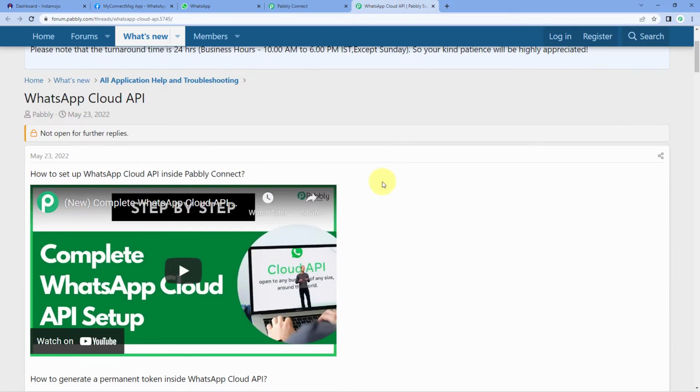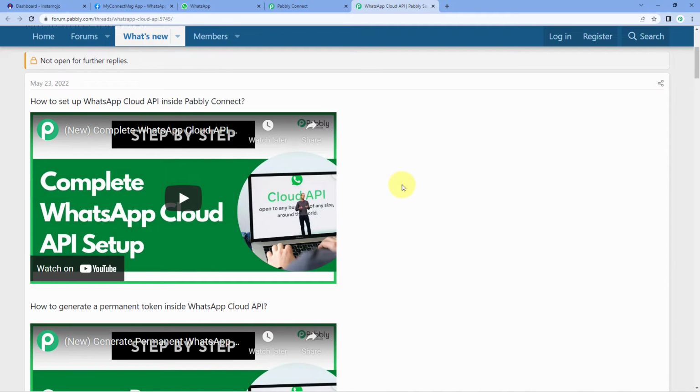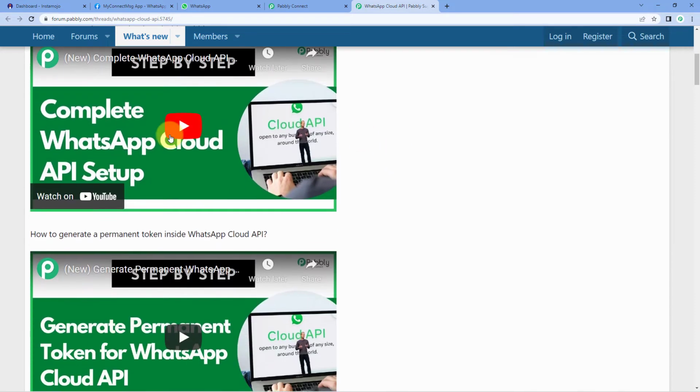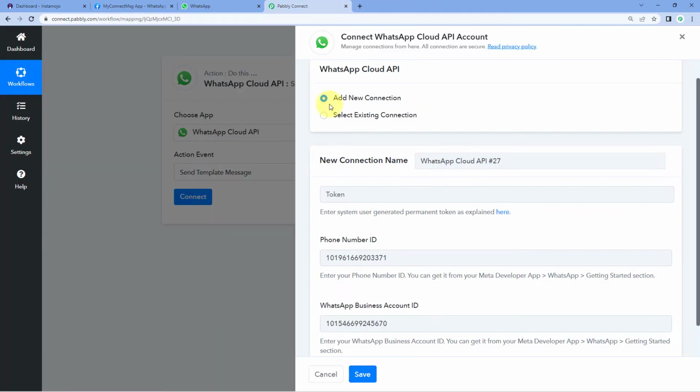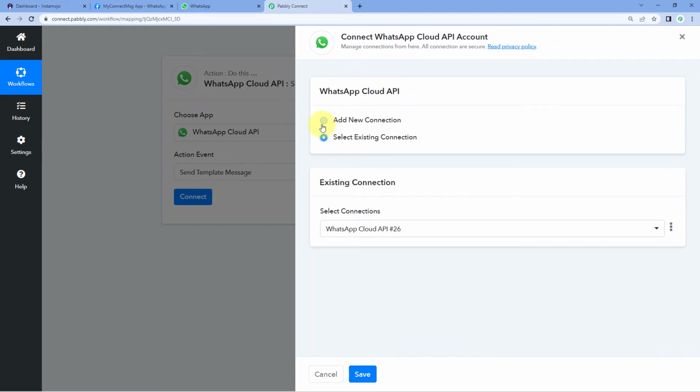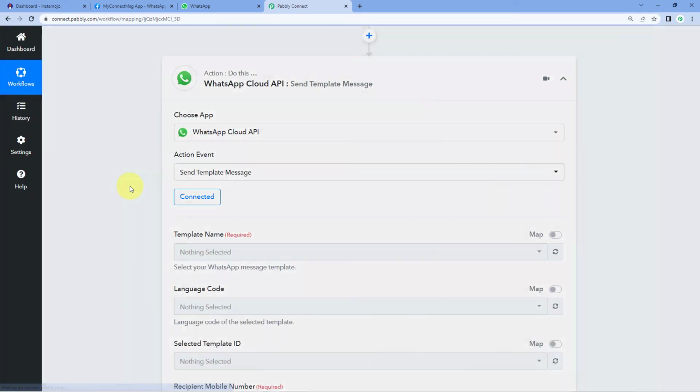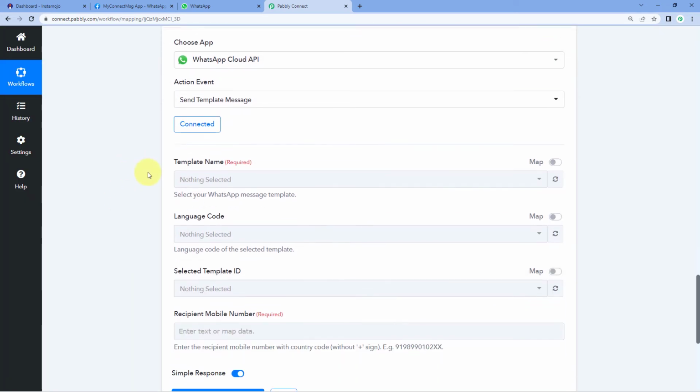And at this very same page, you will find all the details regarding WhatsApp Cloud API, how you can set up your own account, how to generate a permanent access token and other details as well. So you can refer to this page. And after generating your permanent access token, just enter that token over here and click on save. I have already made the connection, so I will click on select existing connection and click on save. After making the connection,